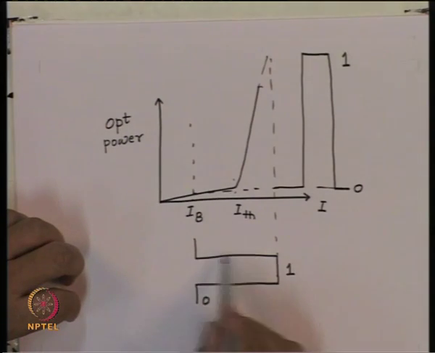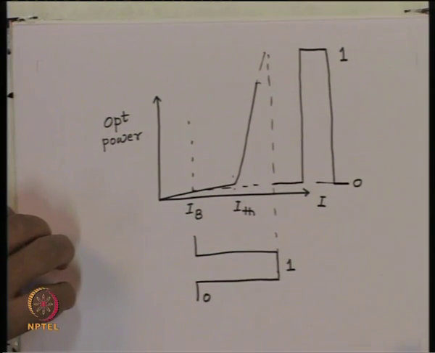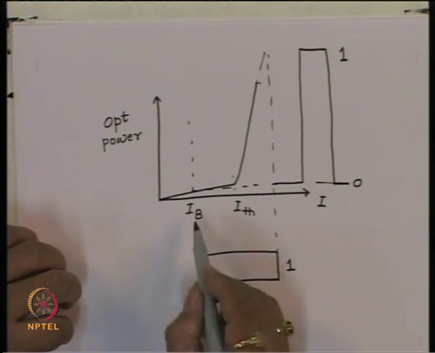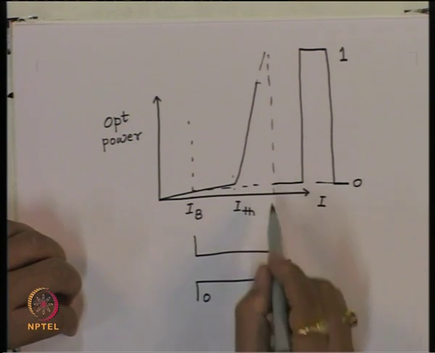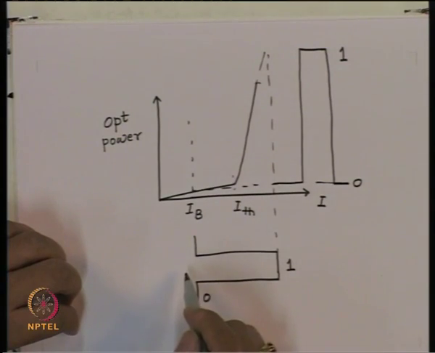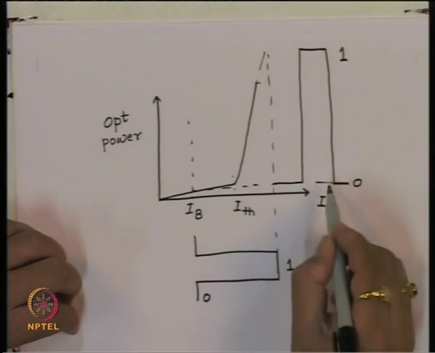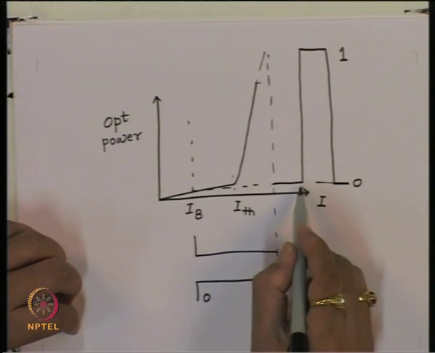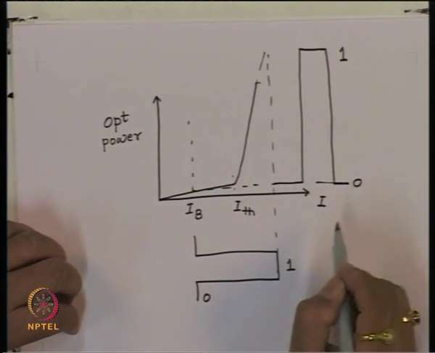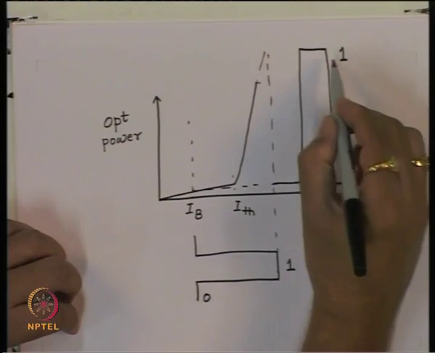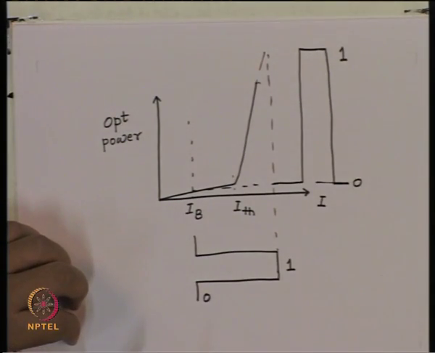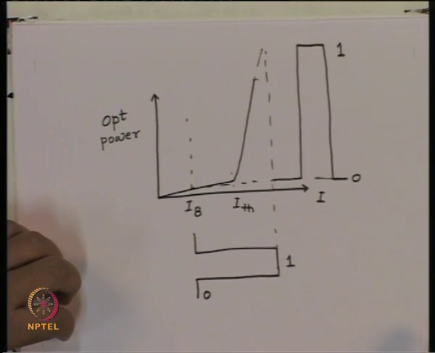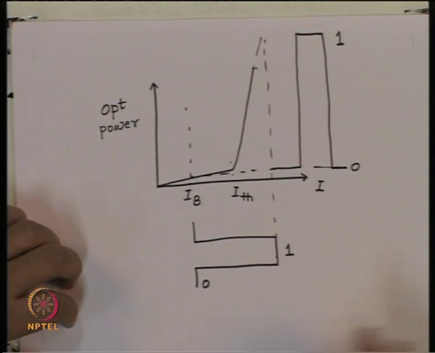So, by supplying this current, which is the digital pulse, where 0 corresponds to this biasing current and 1 corresponds to the current which is higher than the threshold current, we will get an optical pulse for which you will have a certain optical power corresponding to 0 level and some high power corresponding to 1 level. Now, what we are saying is, because